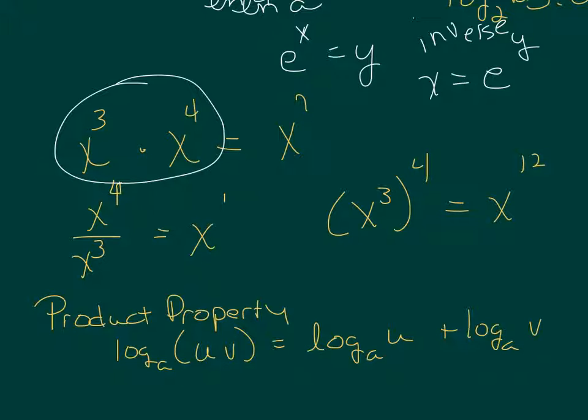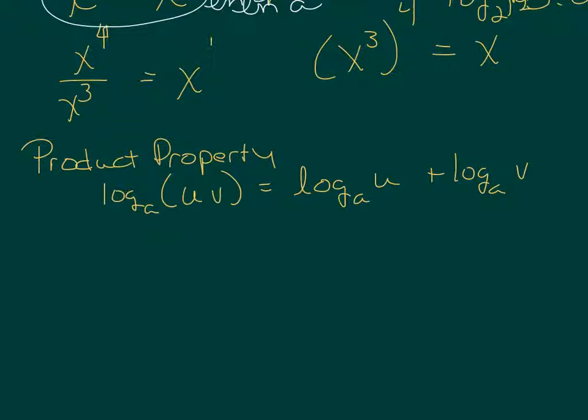Of course, we rewrote it as y equals the natural log of x. But if we put it in exponential form, it would be e to the y equals x. So in a sense, we could say logarithms are exponents. So we're going to use those same ideas of those properties of exponents. So the product property. The quotient property,